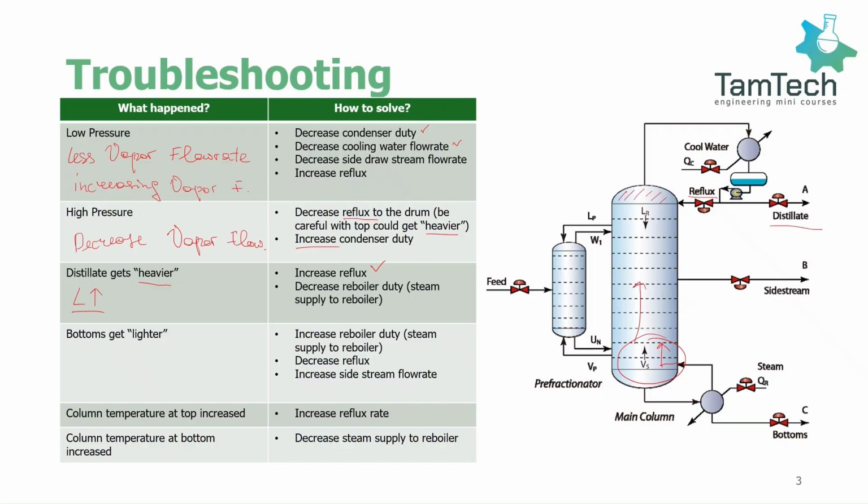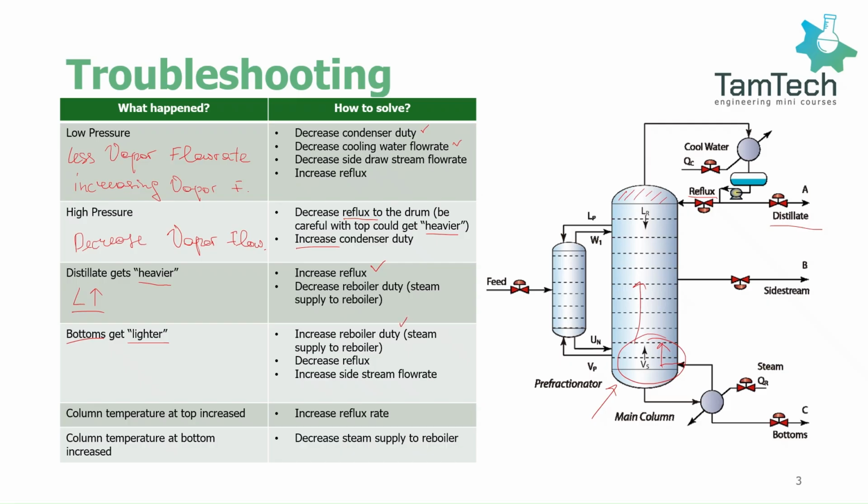Let's look at the fourth problem. In this part, our problem is that our bottoms get lighter. It is a very similar problem, but with the bottom of the distillation column. So how can we solve it? If our bottoms get lighter, it means that we do not evaporate enough light components to the top of the distillation column, and light components which shouldn't be concentrated in the bottom, in fact concentrate in the bottom of the distillation column. So what we do, we increase the reboiler duty, which means that we increase the steam